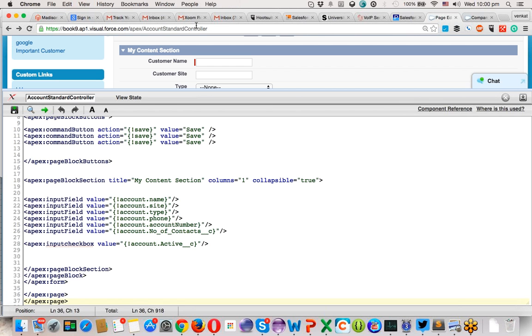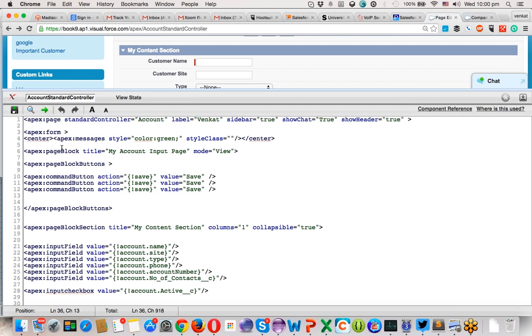Suppose I keep the apex:messages tag at the bottom of the page, then I can see the message at the bottom of the page. Why I am keeping it at the top of the page is that it's a best practice. You have to keep the error message on the top of the page. And if I want to display the error message next to the field level,